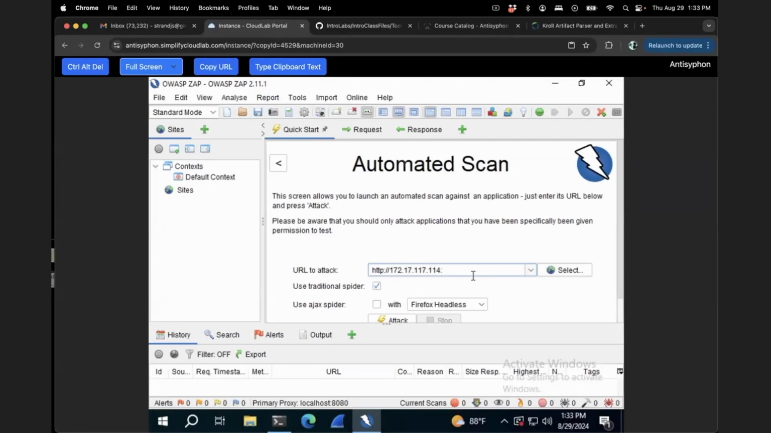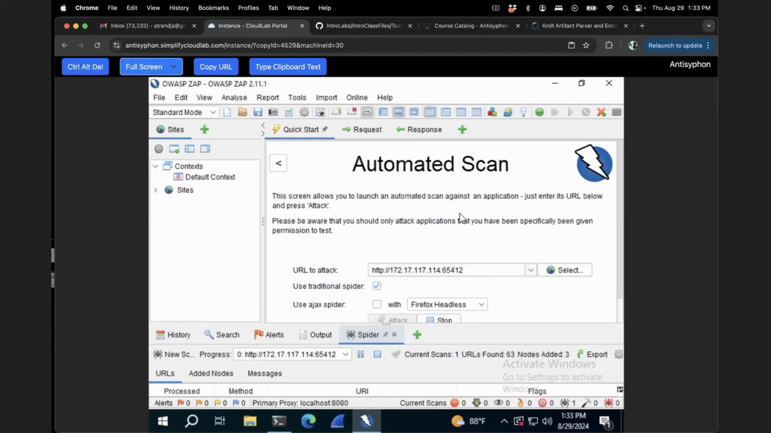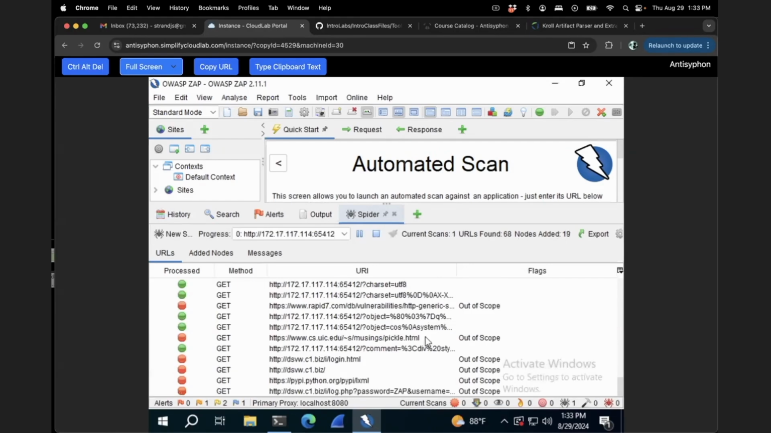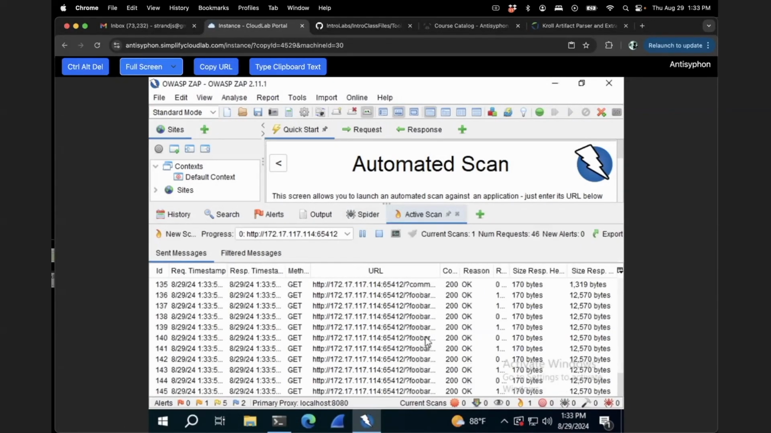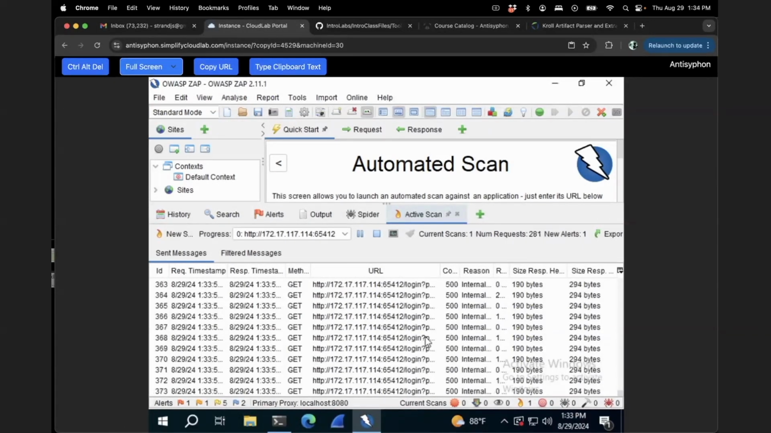And colon 65412. And we're just going to go ahead and have it attack. All right. So now what it's starting to do is it's going to kick off crawling that particular website to identify the particular vulnerabilities that exist at that website. No, it's not identifying the vulnerabilities. It's enumerating all of the pages first. After it's done enumerating, it just moved into the active scan where it's actively trying to exploit that particular part